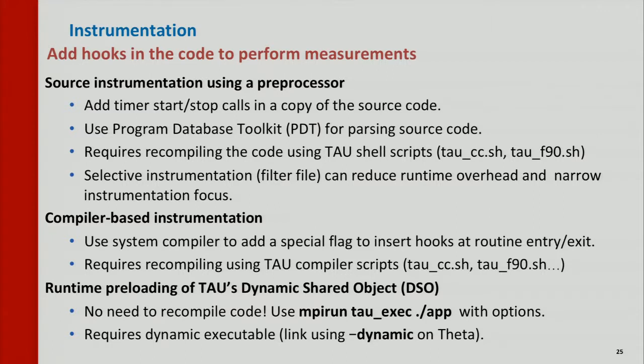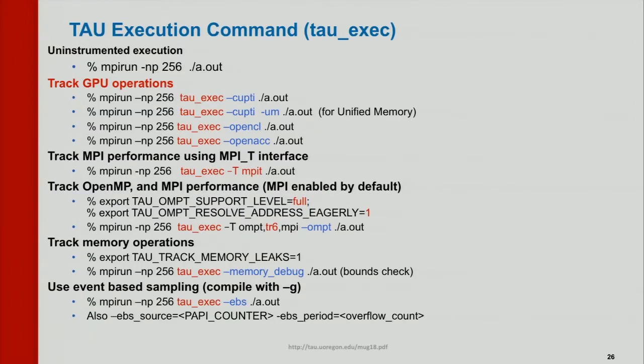Instead of using the parser and doing the instrumentation at the source level, you can also use the compiler to insert the hooks automatically in your code at the routine level, and you can use TAU to recompile the application using these compiler scripts. But the runtime preloading option is a very interesting option. It allows you to look at the performance of your application without modifying the binary. And so it's a very good first step to using the complete range of capabilities that TAU's measurement layer provides, including support for the MPI tools interface and inserting the plugins and the auto-tuning